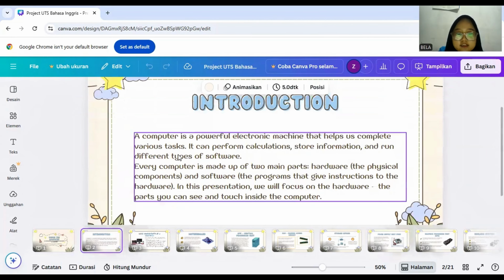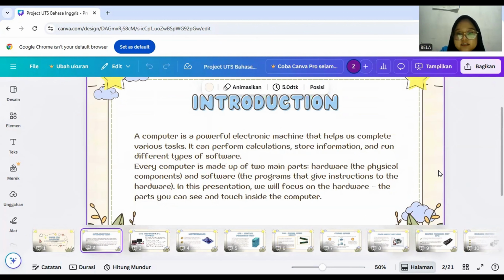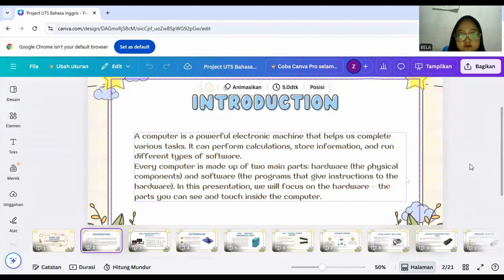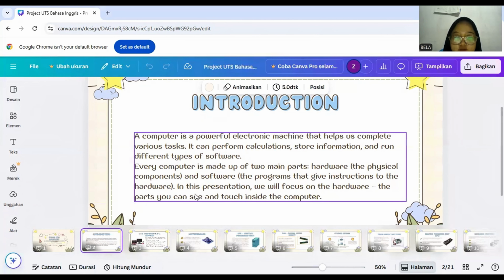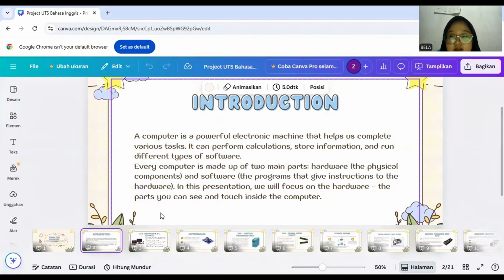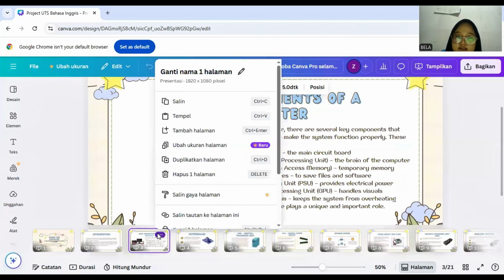Introduction. A computer is a powerful electronic machine that helps us complete various tasks. It can perform calculations, store information, and run different types of software. Every computer is made up of two main parts: hardware, the physical components, and software, the programs that give instructions to the hardware. In this presentation, we will focus on the hardware, the parts we can see and touch inside the computer. Next,